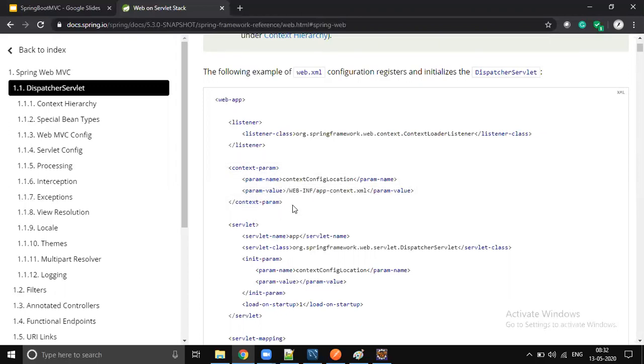That's the example we just saw: the context parameter capital is Delhi, shared across multiple states. In the same way, a context parameter is shared across multiple servlets.